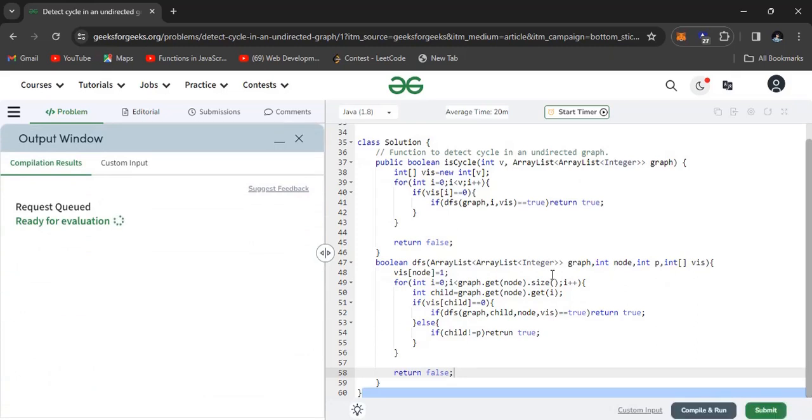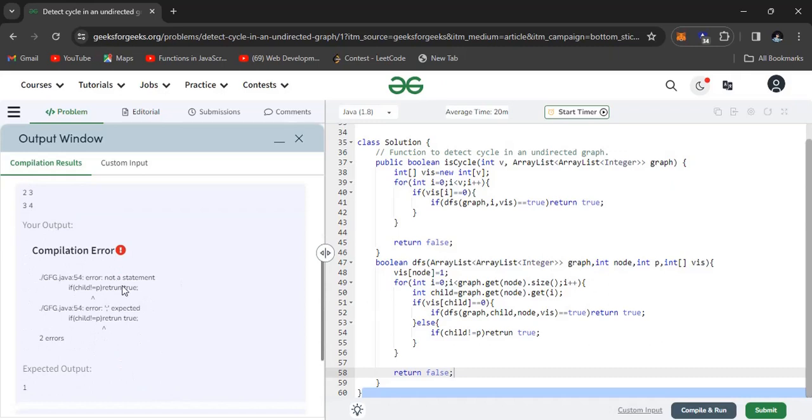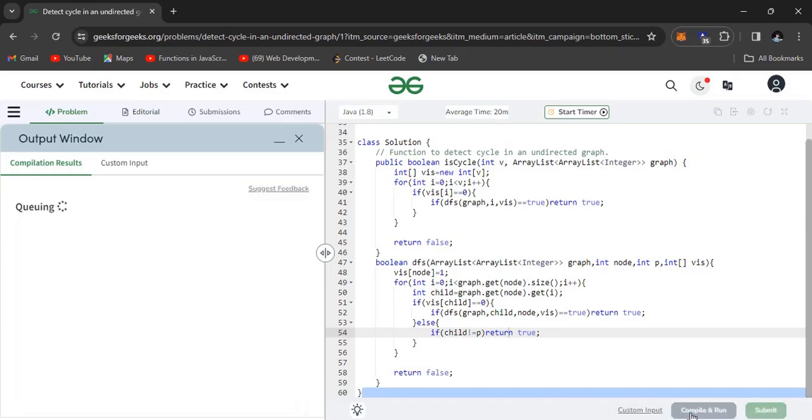Okay, there is an error, child not equals to parent. True. If child, sorry, return. No, let's try.